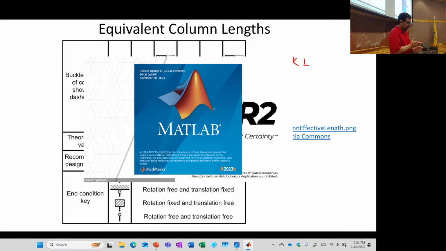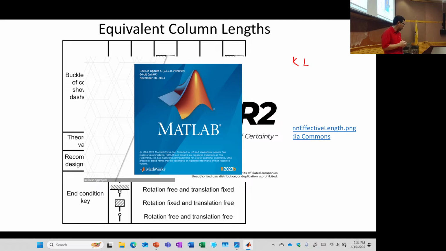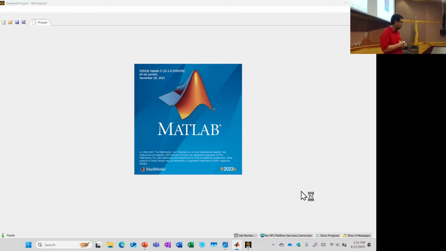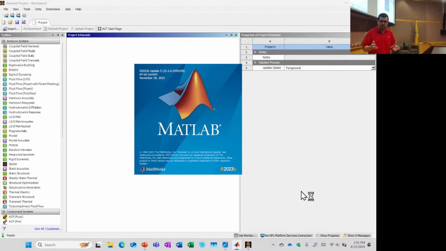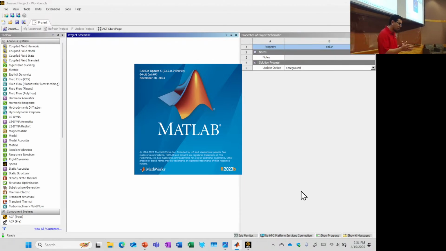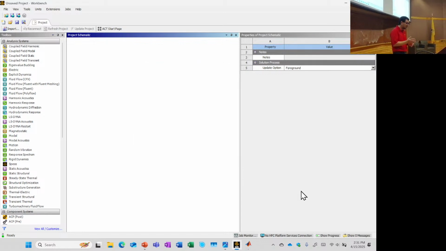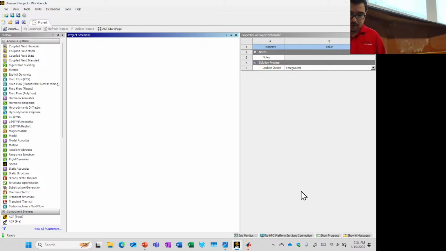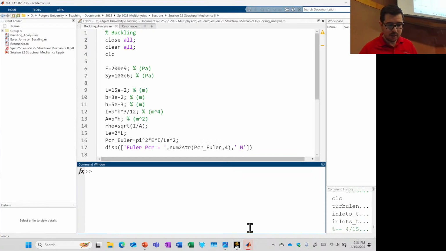So when we do our MATLAB analysis, MATLAB would just be equations for the Euler and the Johnson parameters, right? And let's take a look. We'll do a simple geometry that allows us to make some comparisons and see where we are on the slenderness ratio regime, and what we expect to have as a result. Okay. So Workbench is up and MATLAB is up. And the geometry that we're interested in